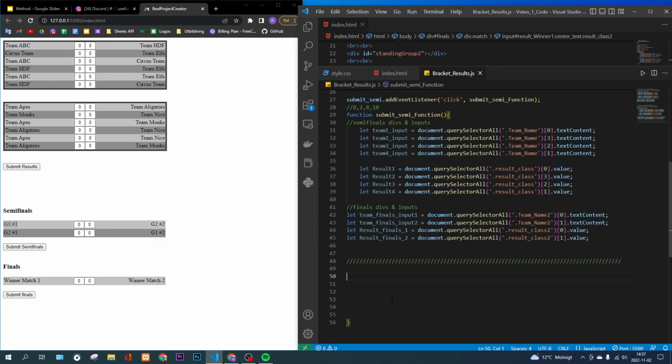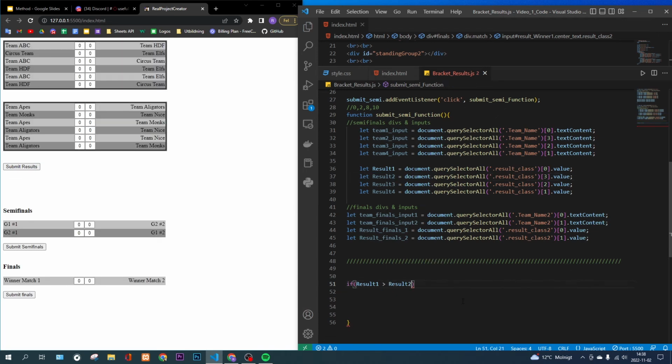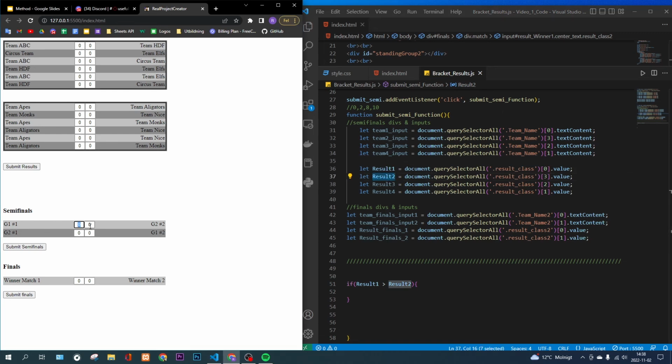This is not group stage, so the loser doesn't matter in this case. To do it easy here, we're just going to say if this value, which is a number, the result, is greater than the other result, then what do you want to happen? If result 1 is greater than result 2, then we want this name to go over here. And we do that by basically saying